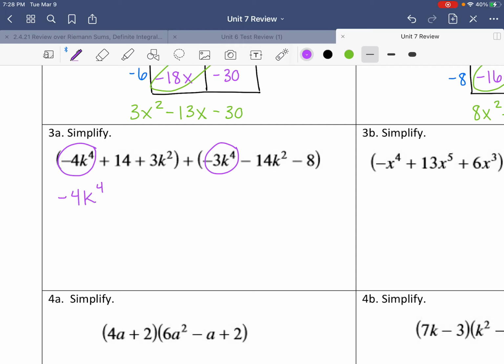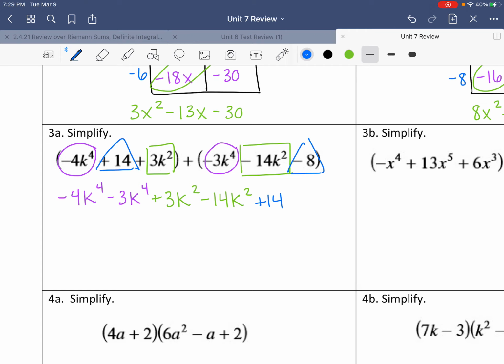Negative 4k to the 4th minus 3k to the 4th. Then I'll move on to my squared, so 3k squared and negative 14k squared. So plus 3k squared minus 14k squared. And then all I have left is the constant. So I have a 14 and I have a negative 8. So plus 14 minus 8,